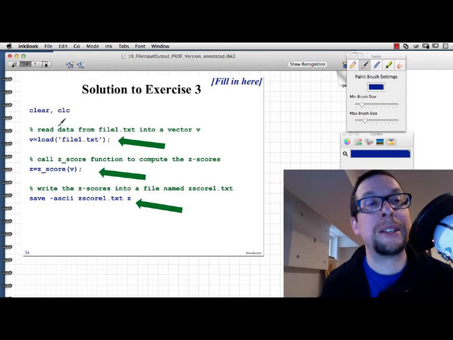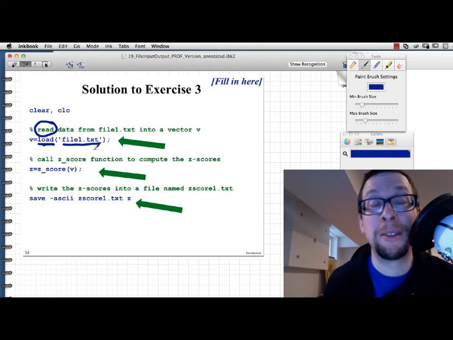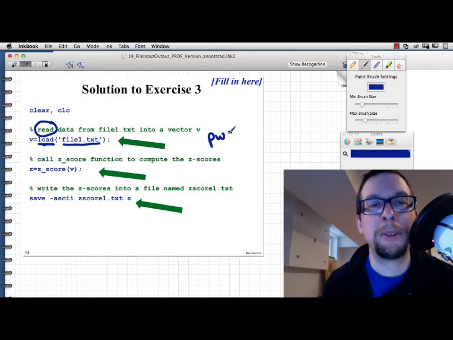You want to read in the data, so you load the data, and you would have had to download file1.txt first and place it in the directory that MATLAB thinks it should be in. And if you don't know what directory you're in, remember, pwd. Type that into the command window without the period. Type in pwd into the command window, and it'll tell you what file directory or folder your MATLAB is currently